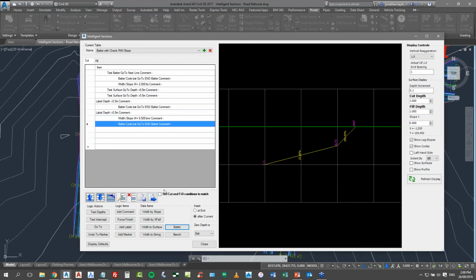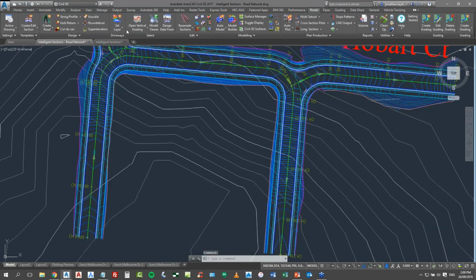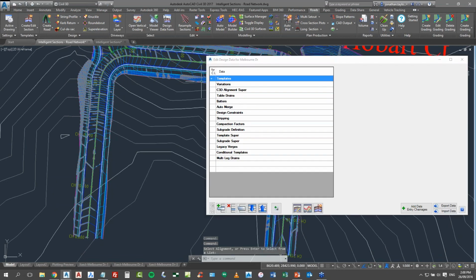Then click OK. Okay, so essentially that's formed our template for us. Now we can go and see this being applied. Hopefully this should make some sense. So let's click Close. We're now going to go to the Design Data Form, click on our road, add batters,